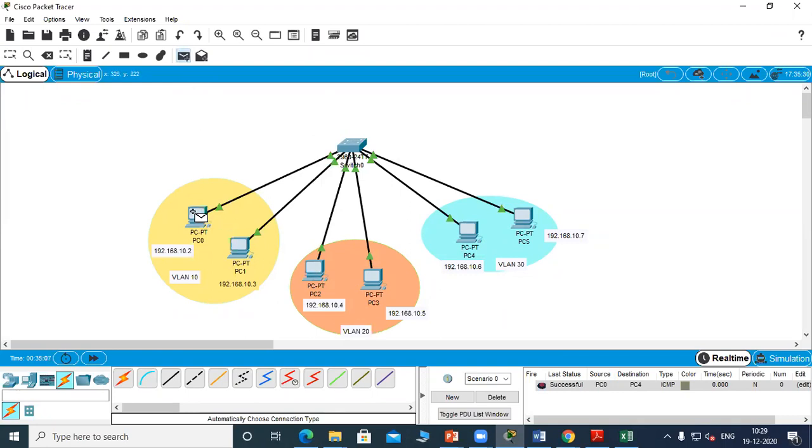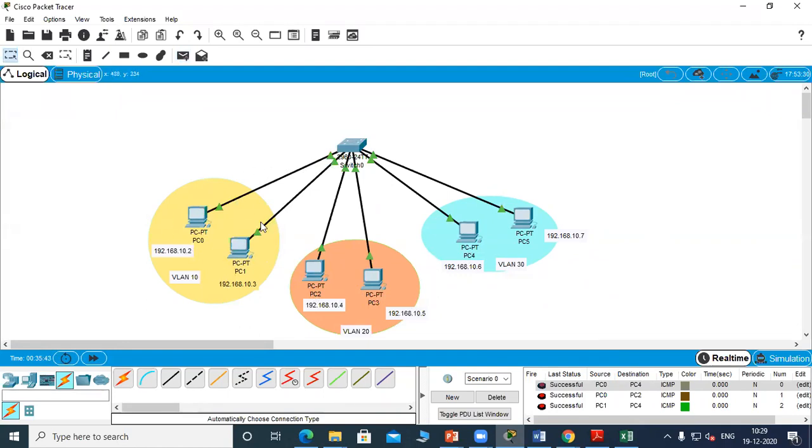I'll connect to the second LAN. PC0 to PC2 is also successful. That is because the switch will broadcast all the packets, and all the packets will be broadcast to all the hosts within the one LAN. Now we have to create separate VLANs so that any message that is broadcast in VLAN 10 should not be sent to VLAN 20 or VLAN 30. We want to restrict the broadcast only within that particular VLAN.